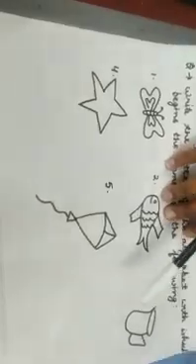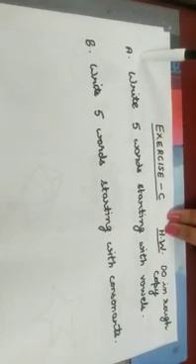Now let's do the last exercise, which I would like to give you as a homework. Please note it down in your rough copies. This is exercise C. I've written, do it in your rough copy. The first homework is you have to write 5 words starting with vowels. I repeat myself, vowels are 5 in number. They are A, E, I, O and U. And the second homework is you have to write 5 words which are starting with consonants. Consonants are 21 in number.